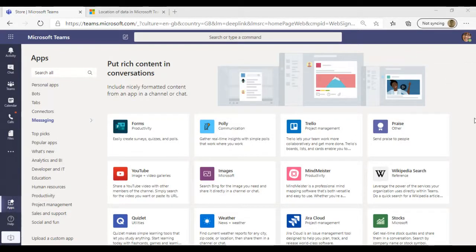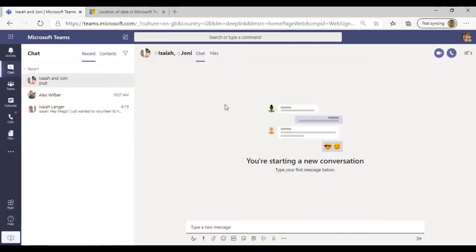Now, the one thing to note when it comes to the Teams chat function is, unlike anybody that's used Skype for Business before, Teams employs a persistent chat function. Whereas previously with Skype, if you had a full conversation with somebody and then closed it down, you would have to go back through the history of Skype to see where that conversation got up to.